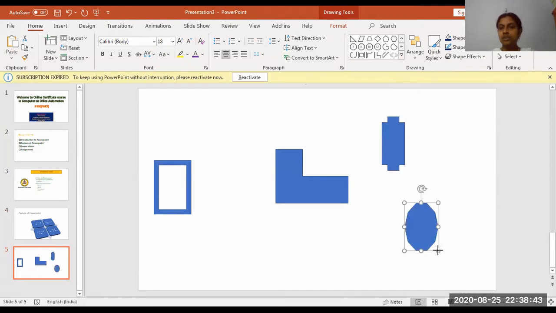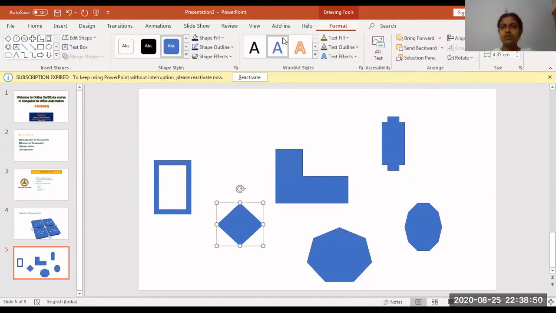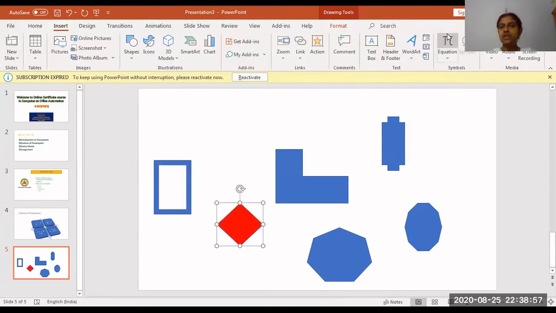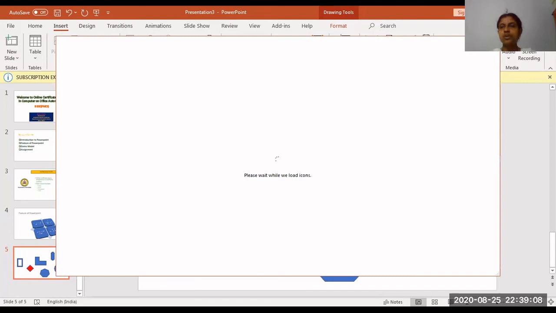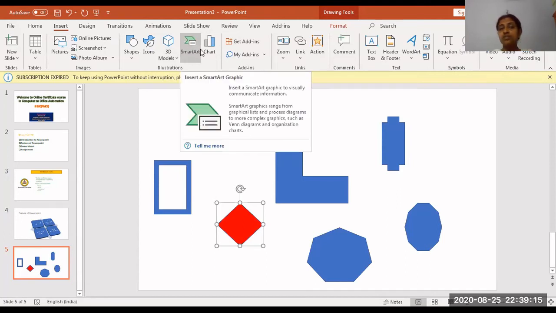You can put number symbols like this, and change the colors also. Go to Format, and according to the color you give, the color gets changed. Varieties of shapes and symbols are available. So for shapes and symbols you will go for this option. And here, icons, if you want, you can select. I don't know whether it is not loaded in my system. And this is SmartArt, which I told you we used for features.